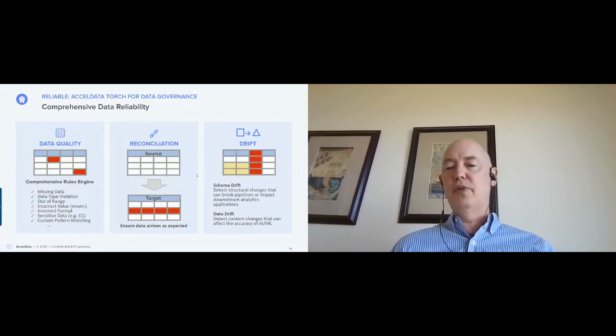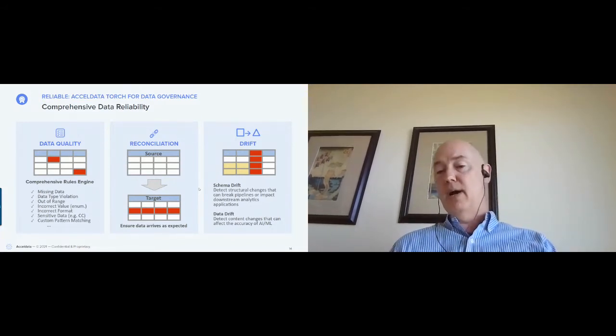And then the last really is about drift, or really change and change management. So there's kind of two flavors here. One is schema drift. So the idea is, did someone change a source system, and would that potentially break a data pipeline or a process? And you want to be able to detect that as early as possible, or perhaps in your dev or QA phase, so that you can get ahead of that and avoid a business impact.